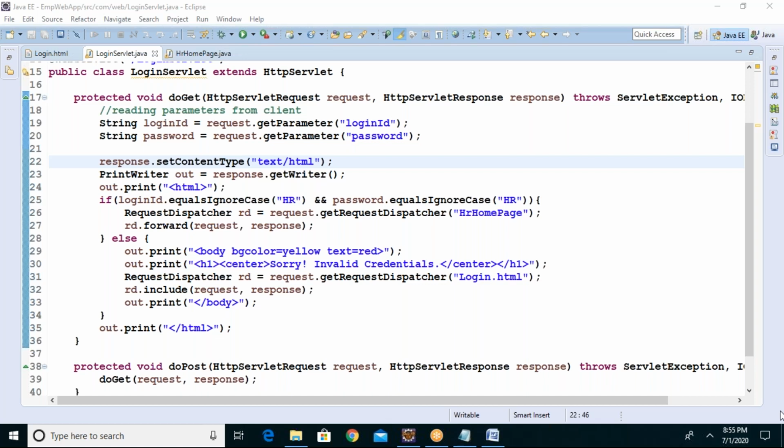Okay, sir. Can you tell me the difference, Santosh? What is the difference between get and post? What's the difference between get and post request?